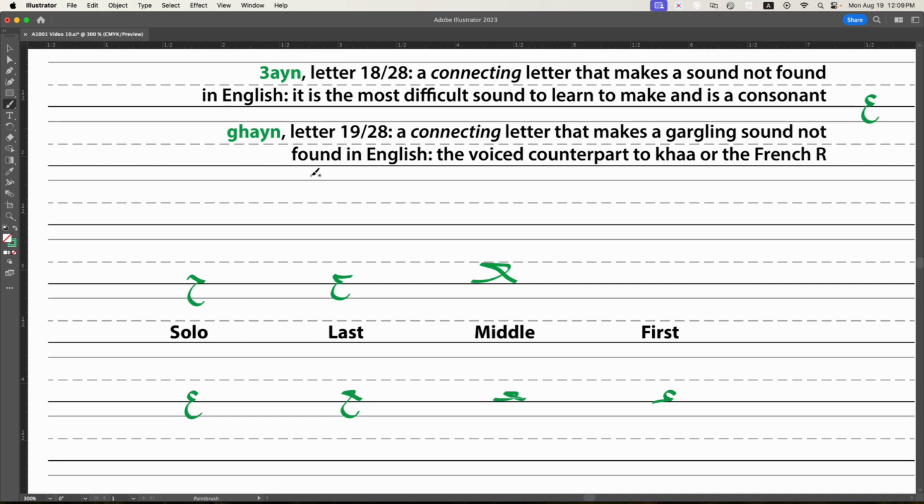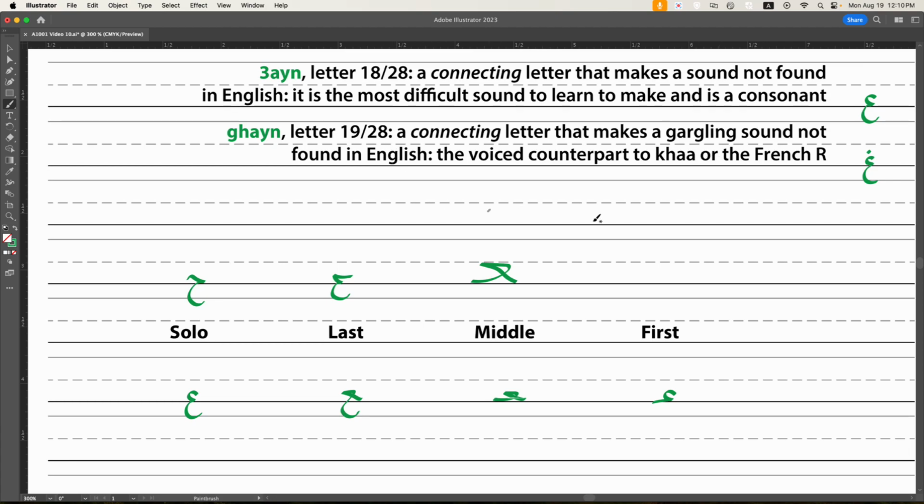Now let's look at ghein, which is just ein with a dot on top of it, and thus from a drawing it perspective presents no problem. Ghein is a sound that we don't really make in English either, but it's easier to make. So imagine you're going to take a sip of water, which I'm going to do right now, and gargle. That's what you're doing to make the ghein sound. If you learn to speak proper snooty Parisian French, it's the French R,